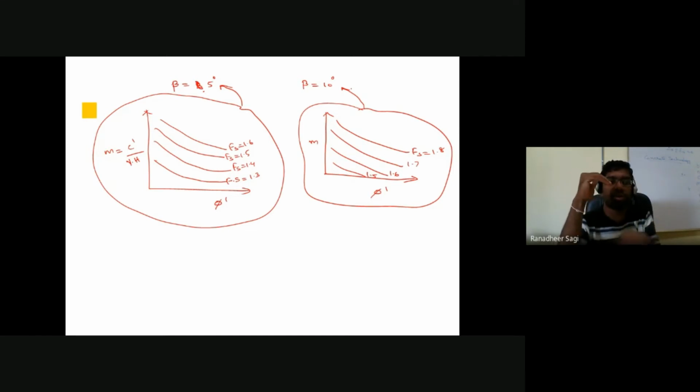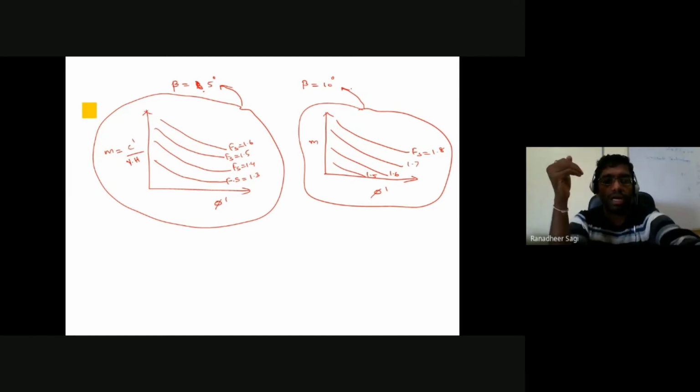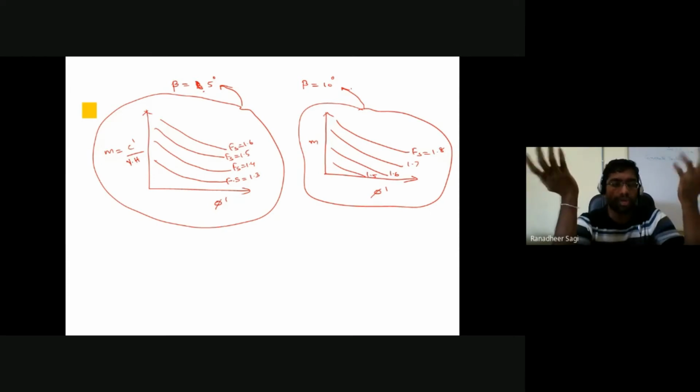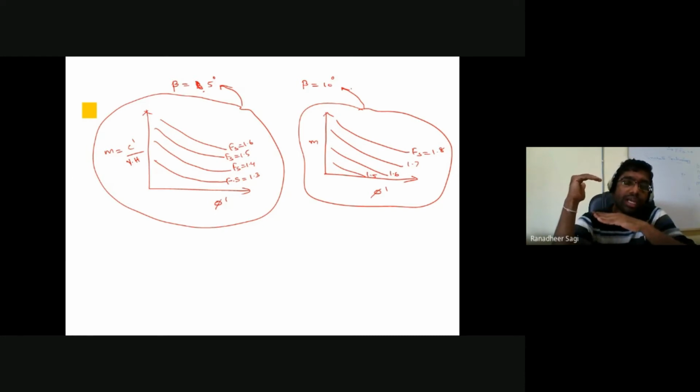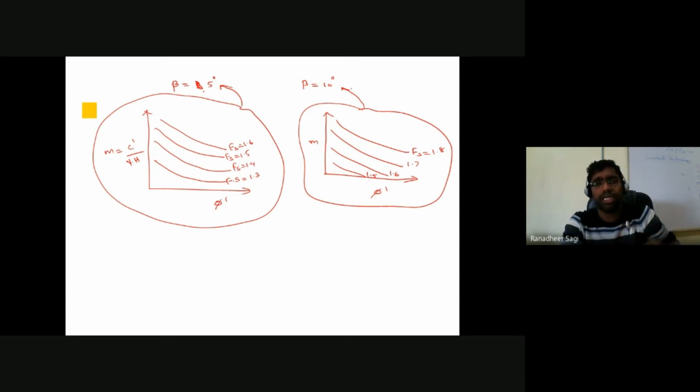If I want to maintain a factor of safety of 1.5, or maybe a factor of safety of 2, or 2.5, or 1.3, or 1.4, or 1.7, whatever factor of safety you want to maintain for that particular slope, how much could be the height of that slope you can construct? To what maximum height can you go on to construct that particular slope to get a corresponding factor of safety of so and so? That is what we are going to get from these standard charts.